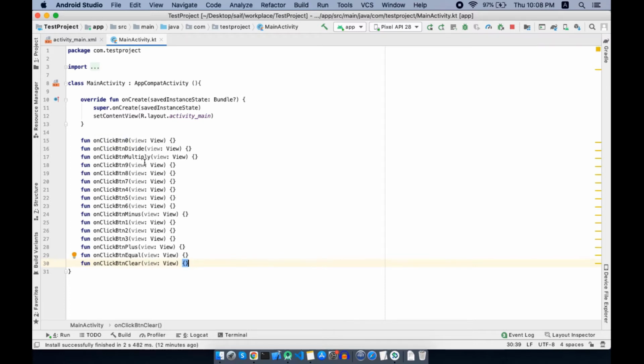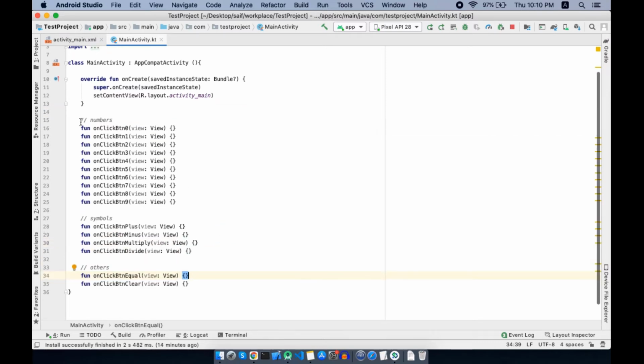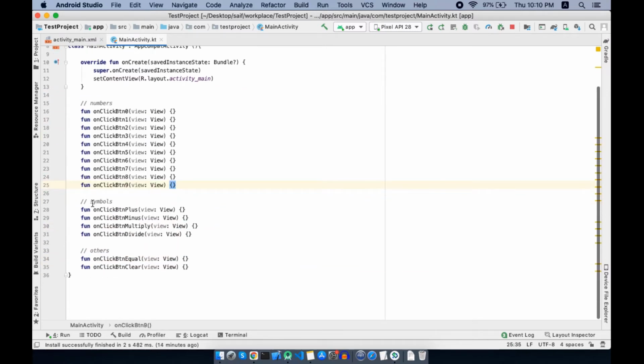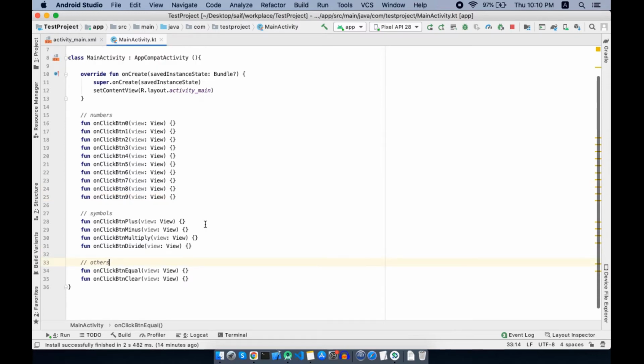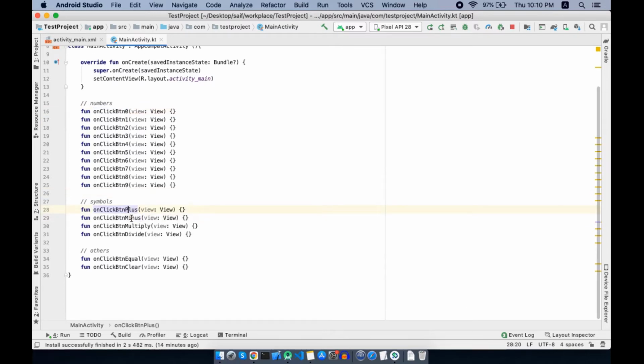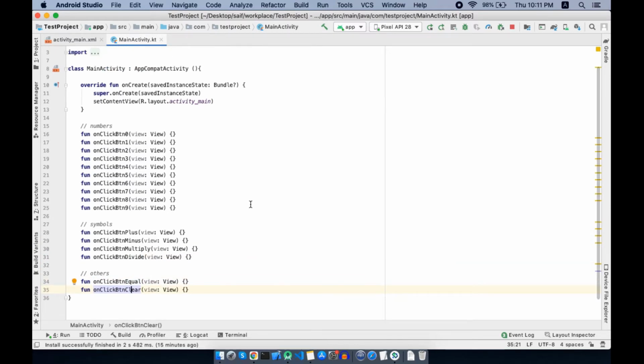Now let me organize them in a more readable fashion. Alright, I have organized the functions under numbers, symbols and others. These functions are for our numbers from 0 to 9, and these functions are for plus, minus, multiply and divide, our arithmetic operators, and the other two are equal and clear.